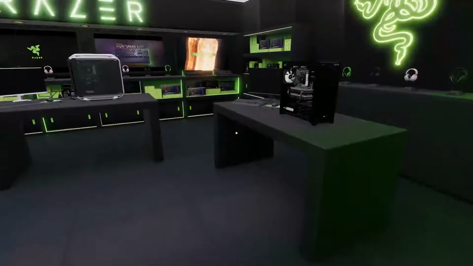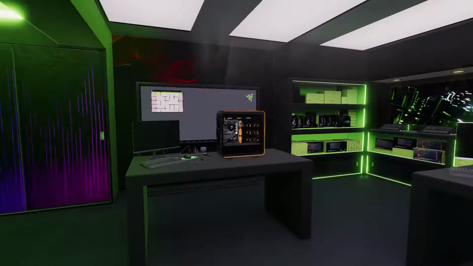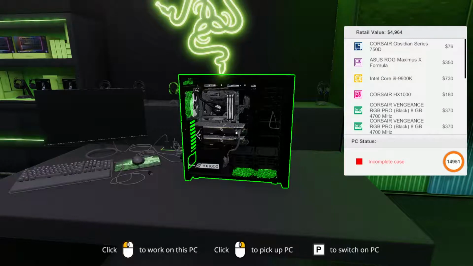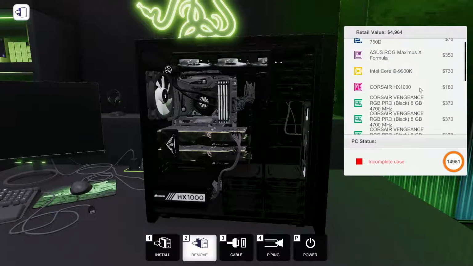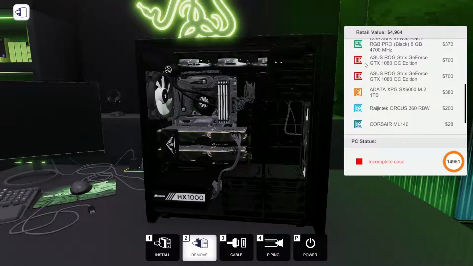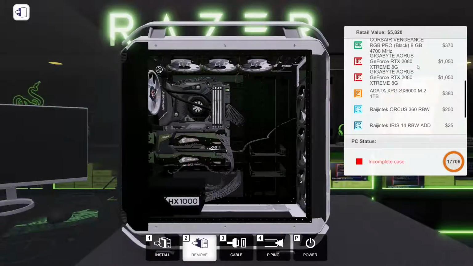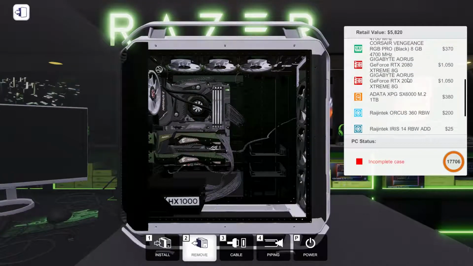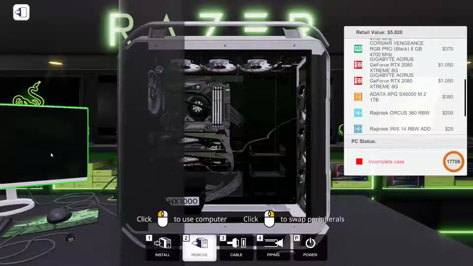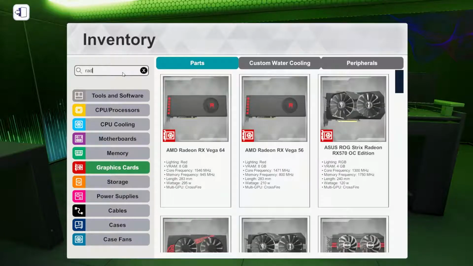But anyway, what we've got is 3 PCs. This PC hasn't got any graphics cards in it, and I'll explain why in a second. This PC has got a 9900K and a 1000 watt power supply. Basically the entire system is exactly the same, the only difference is the graphics cards. This one's got 2 1080s in it. This one's got two 2080s. And this one here is going to have the new graphics card that we've got in the game,